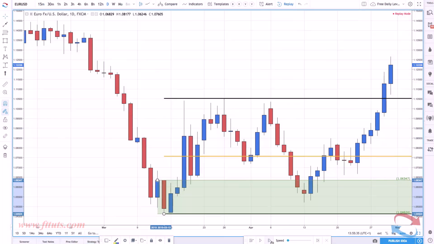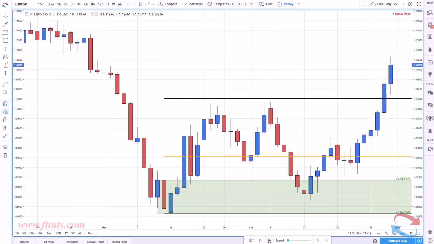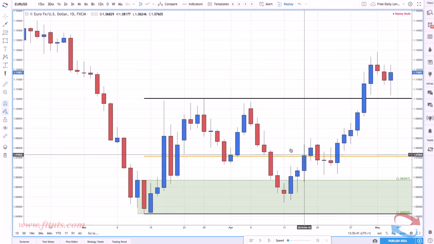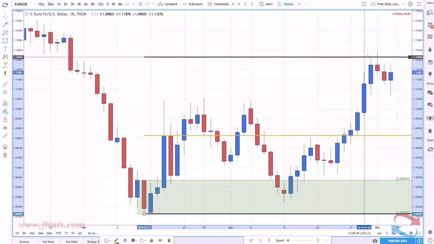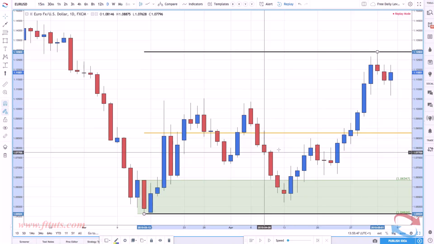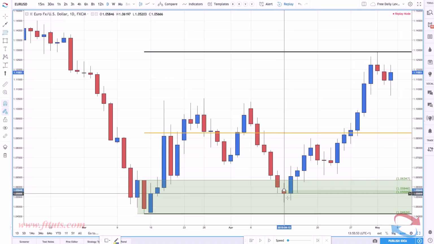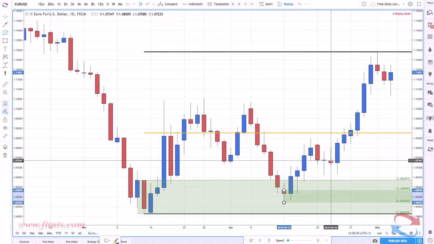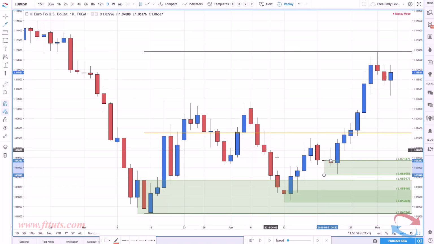So prices continue going higher now, right? As prices break to new highs, what we want to do is wait for a bit of a pullback. Now we don't know whether prices are going to range between here and here, or new demand zones that have been created. So one was created right here, one was created right here, as we had